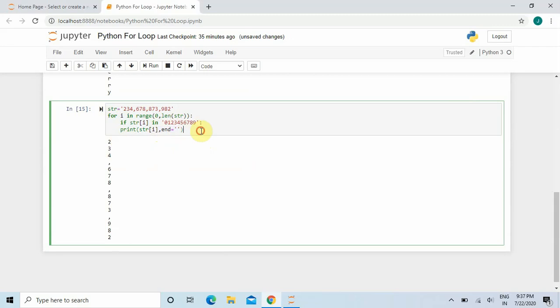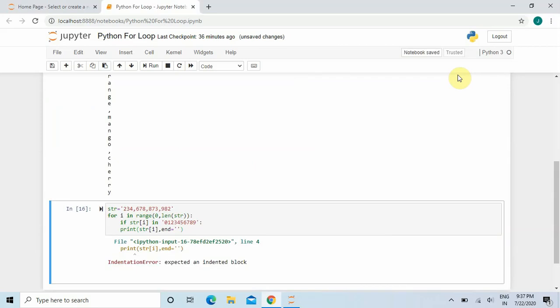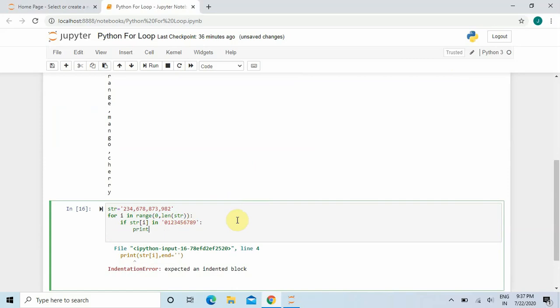After printing each number, I am asking the Python interpreter to keep the cursor in that line only and to print the next number. So let me run this. Okay, since this is the indentation part, I have to write print str i, comma, end is equal to, like this.